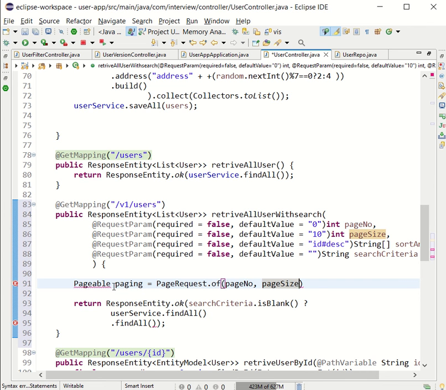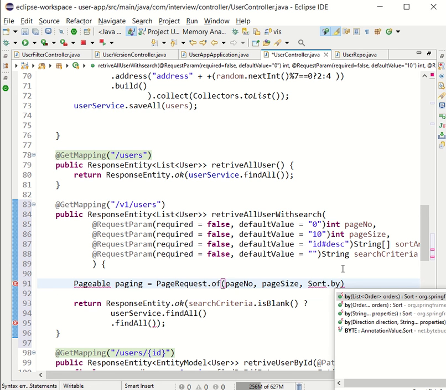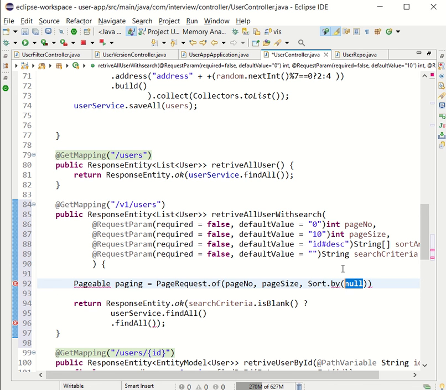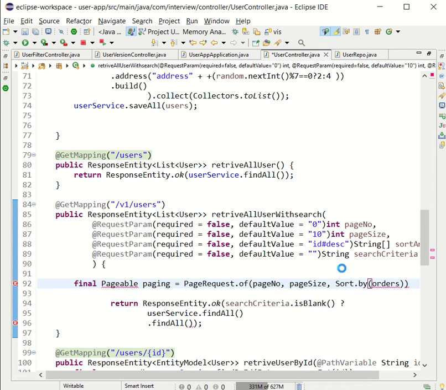If I don't have a sort value, I can just pass these values directly. But because I'm also interested in a sorting mechanism, I'm going to sort by using all the orders that I'm going to create,